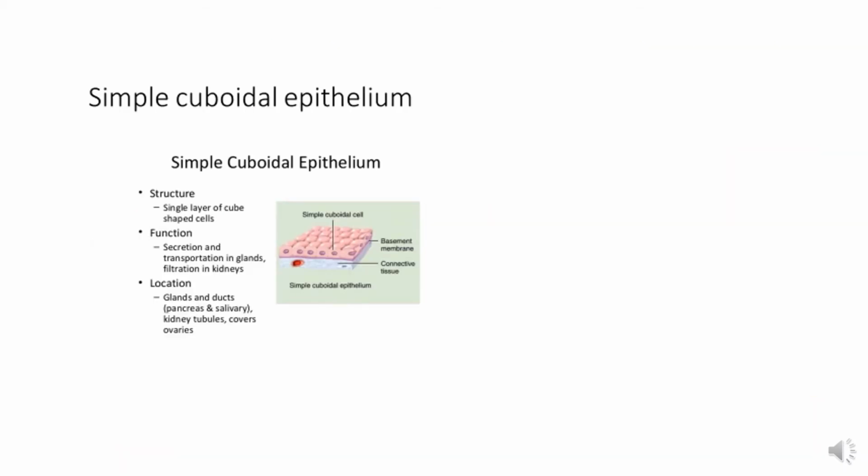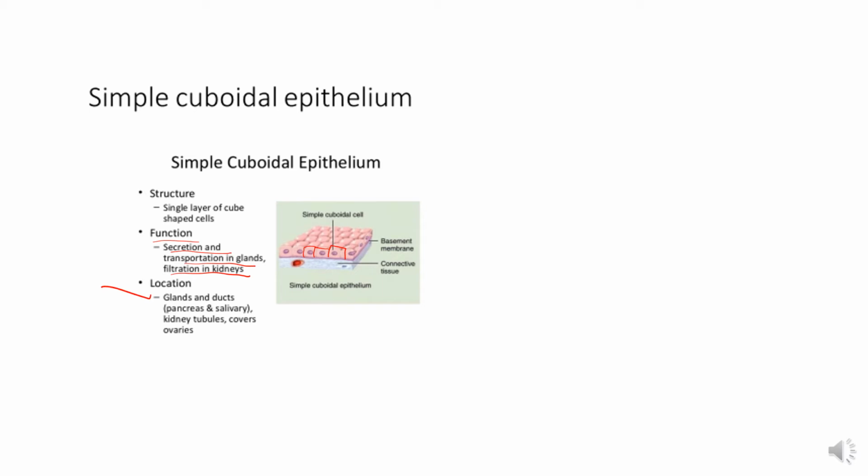So simple cuboidal epithelium, as I have told you, consists of a single layer of cuboid shaped cells, and its function is secretion and transportation in glands and filtration in the kidneys. So its location is glands and ducts